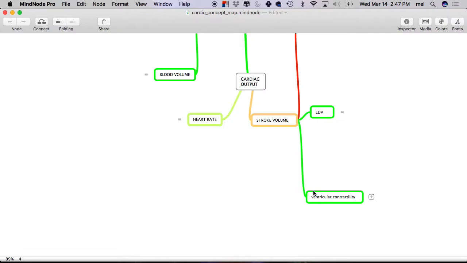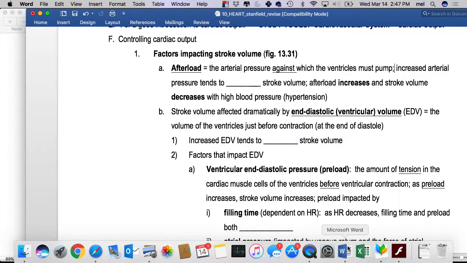Okay, but you're going to need some time with it. Okay, so ask questions. You ready? This part you need to pay attention to, and you need to not talk while I'm talking. Okay, ready? All right, so the next thing that is going to determine stroke volume is right here in your